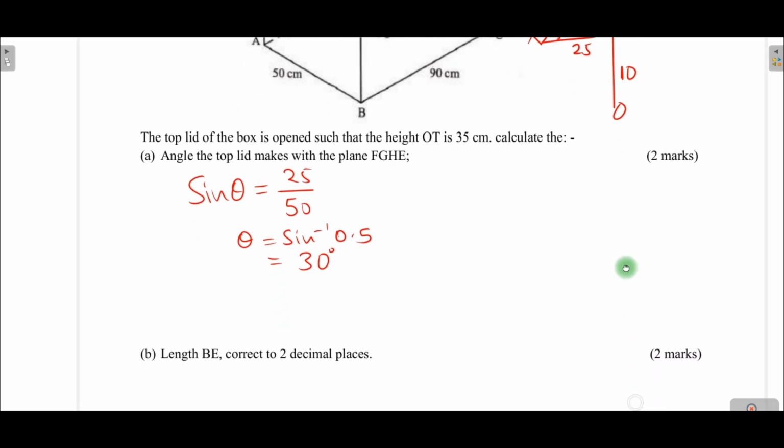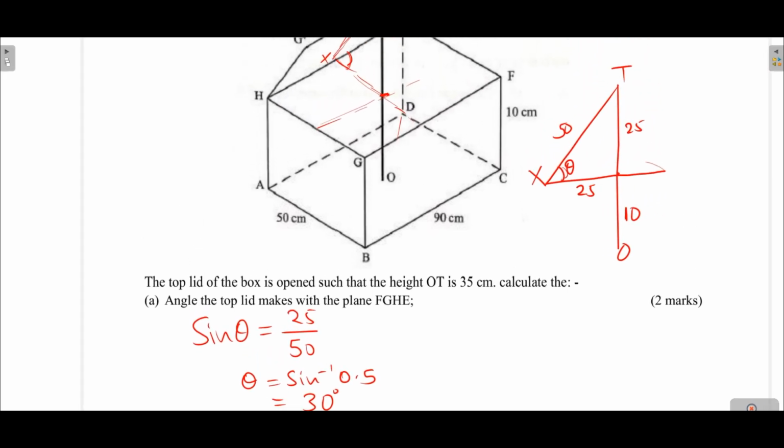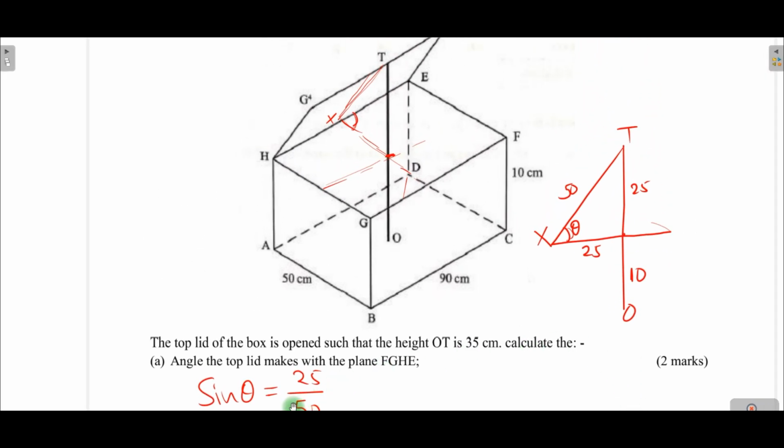Therefore, we look at part B of the question. Length BE correct to 2 decimal places. So let us see the length BE. So how are we going to get length BE? Since this is a 3D geometry, we need to look at the x-axis, y-axis and z-axis. Therefore, the easiest route we can pass from B to E is